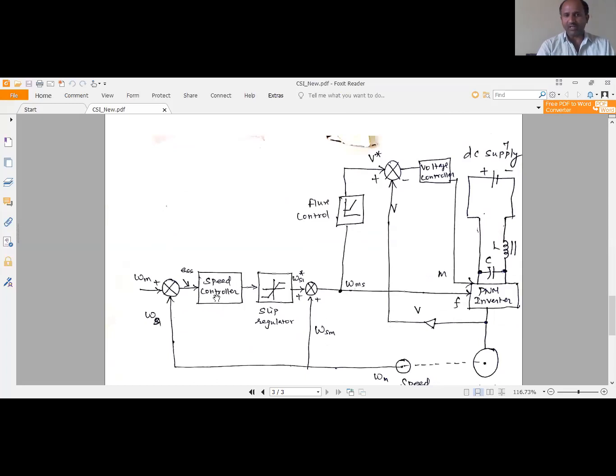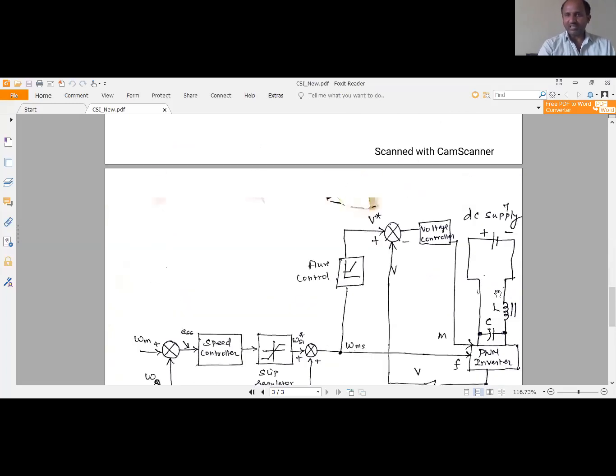One is a speed controller and PWM inverter, where a fixed DC supply is directly applied to the PWM inverter. In the DC link, an electrolytic capacitor is connected in order to reduce the harmonics.